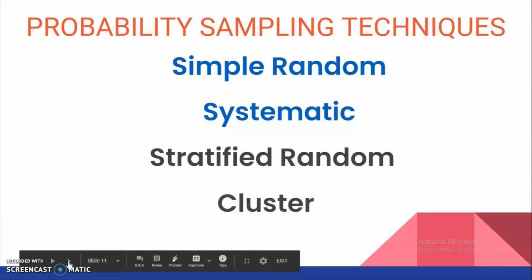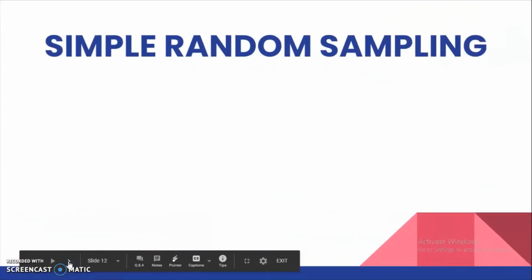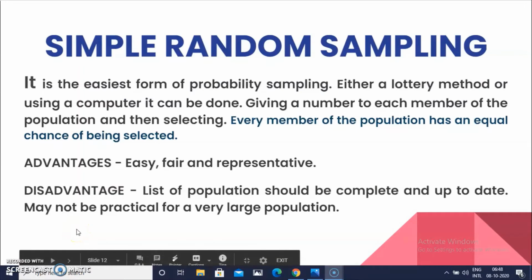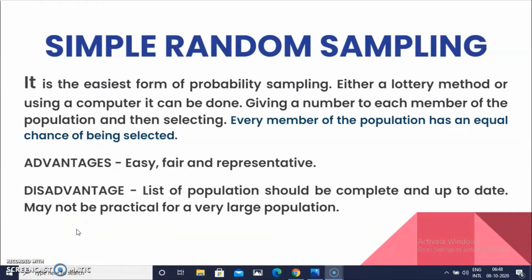These are the commonly used probability sampling techniques for research, and we will see each one of them. We will see what simple random sampling is. It is the easiest form of probability sampling. Either a lottery method or using a computer, it can be done. Giving a number to each member of the population and then selecting, every member of the population has an equal